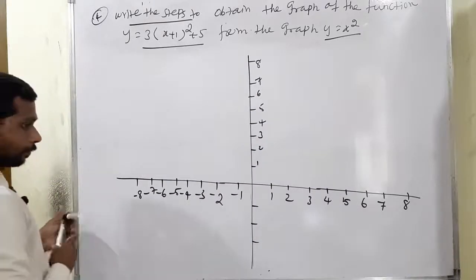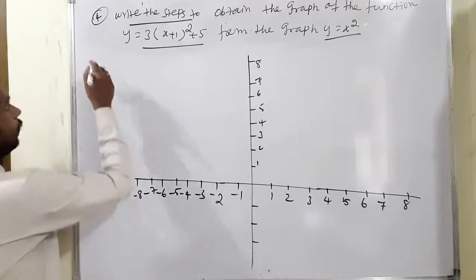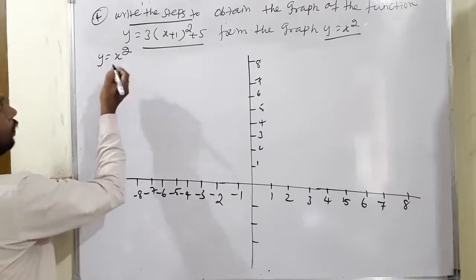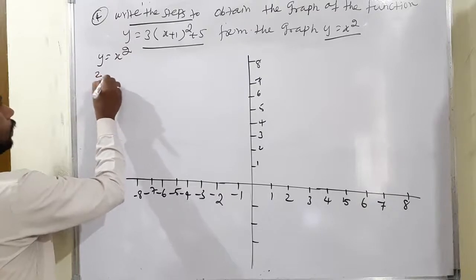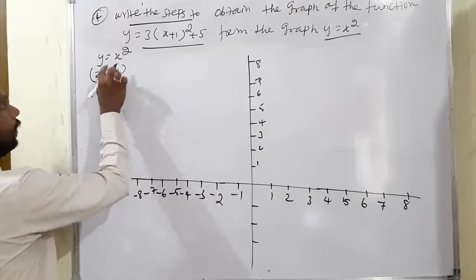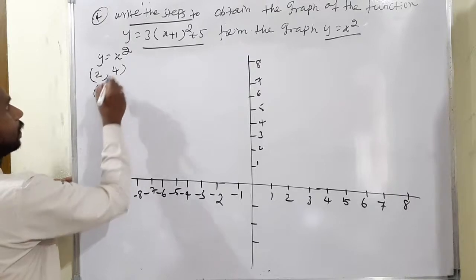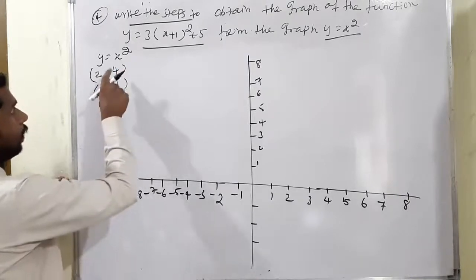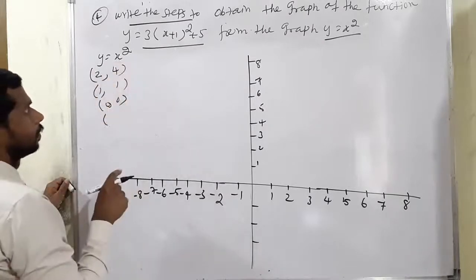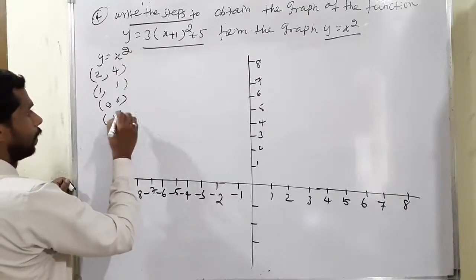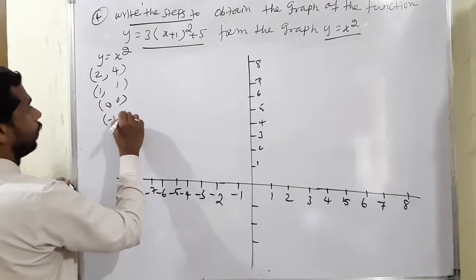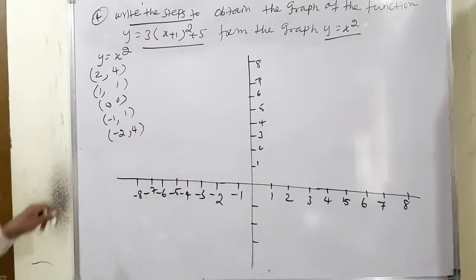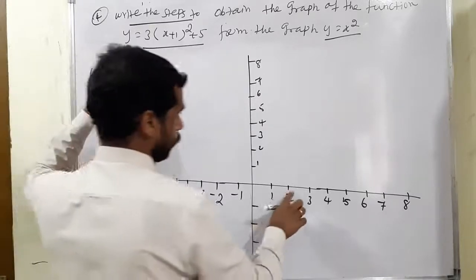So first one, y is equal to x square means what are the coordinate points? So y is equal to x square means x is considered for 2, means 2 square means 4. Next condition, x is equal to 1 means 1 will come. 0 means 0 comma 0. At the same time, a negative term means, so negative 1 the whole square also positive 1, isn't it? Negative 2 the whole square also positive 4. Just to plot the terms. So 2 comma 4. First graph 2 comma 4.